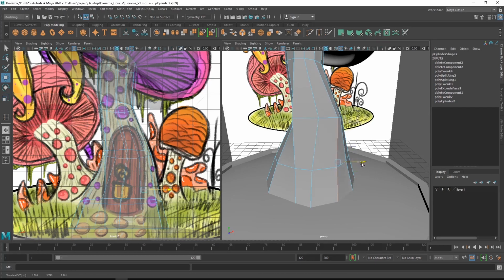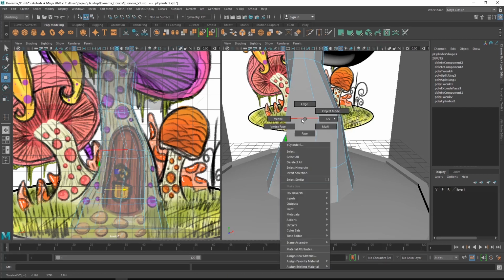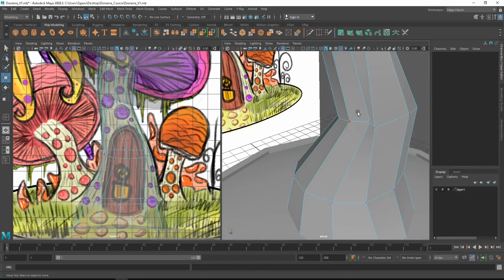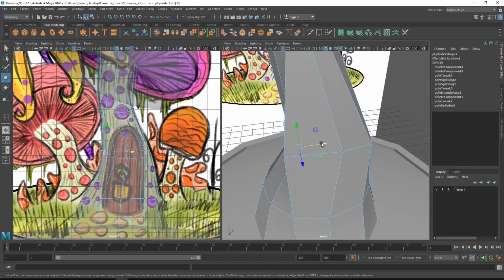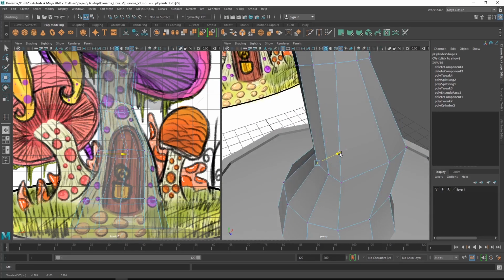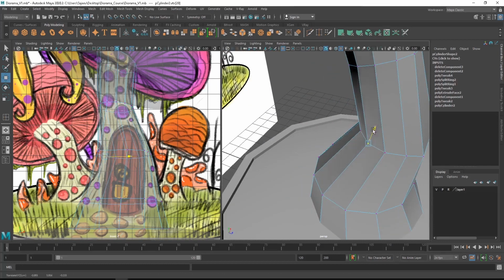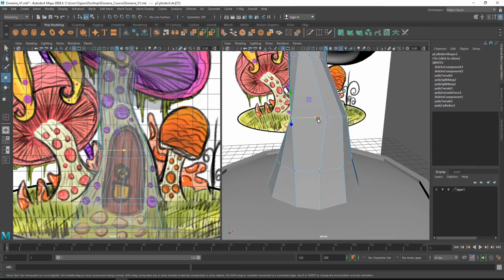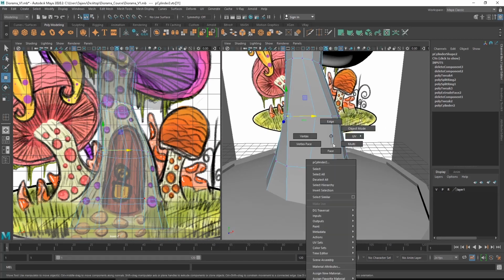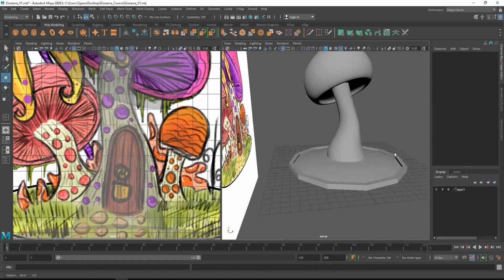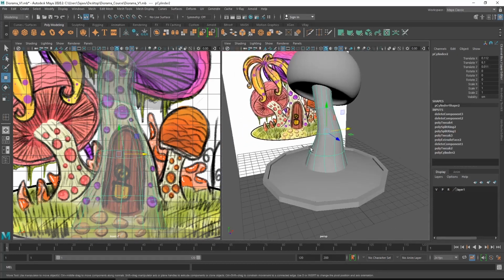Now if I just move these two edges to the side, we almost have a door kind of design. And you can move around some of the edges in order to avoid any problems. Okay, now if you press 3 on the keyboard, you can see everything is looking fine. And once that is done,